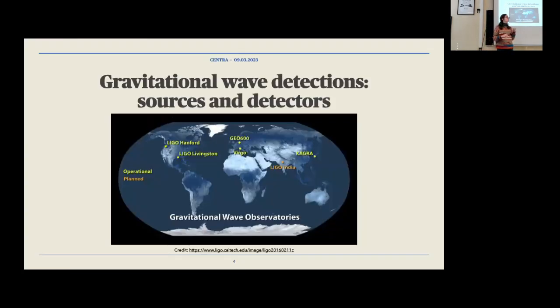So, as you may well know, we currently have a network of ground-based gravitational wave detectors. We have two in the US, Hanford and Livingston. All of these detectors operate on essentially the same principle in that they are kilometer-scale interferometers. The two detectors in the US each have an arm length of 4 kilometers. Virgo in Italy has 3 kilometer arm length, as does KAGRA in Japan, and GEO600 has just 600 meter arm length. There's a planned detector in India, but that's not yet defined and not yet able to contribute